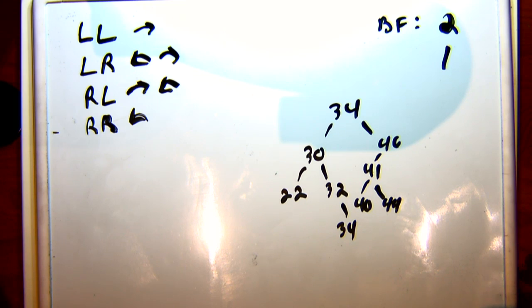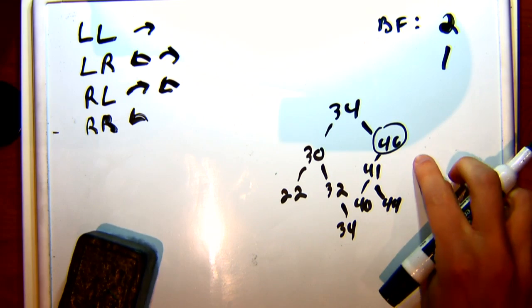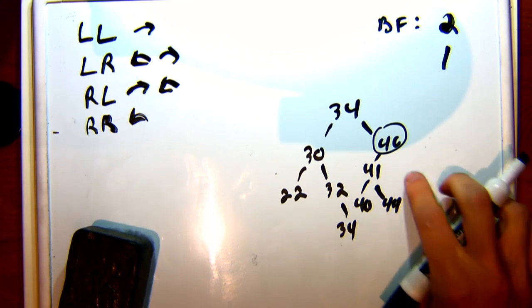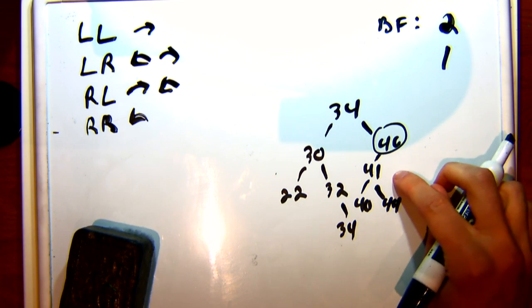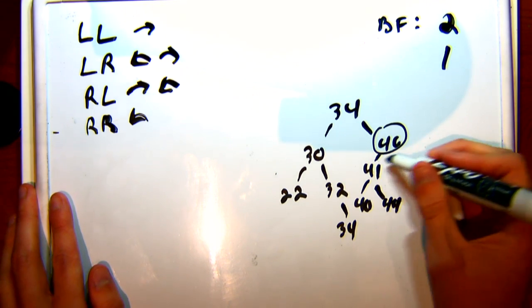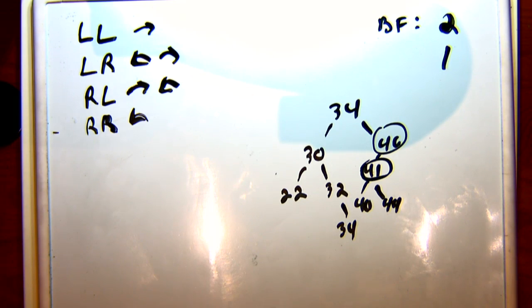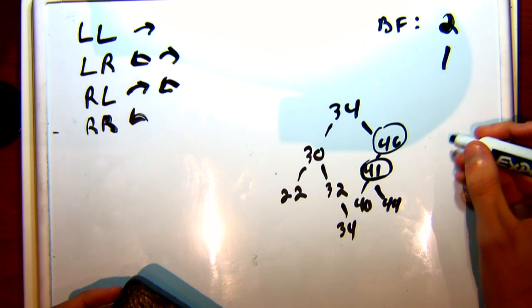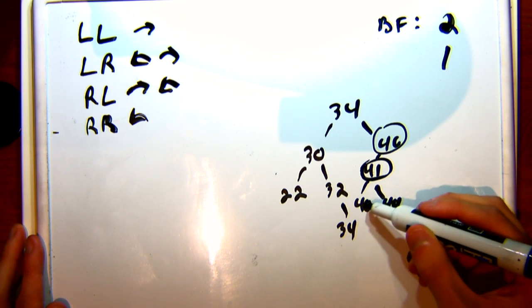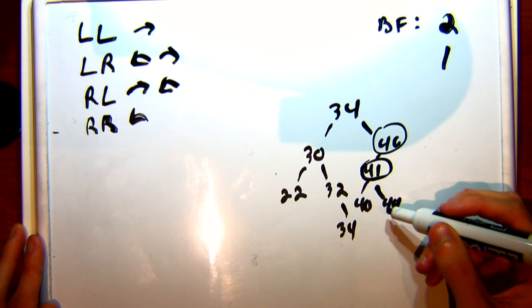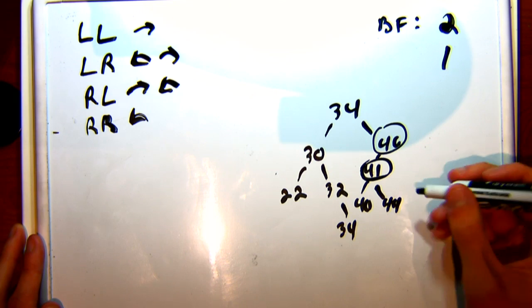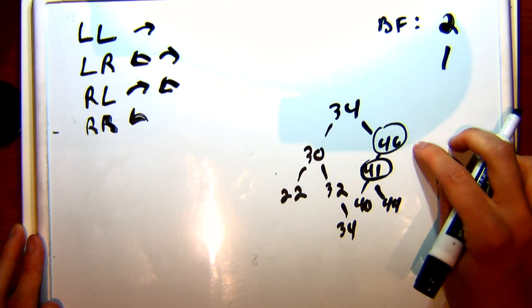So if we look at 46, it's pretty easy to tell because it doesn't have any right children. It's left leaning, well, it's left heavy, and if we calculate this balance factor, then it's just neutral. So we're not going to worry about that right now. So what we need to do here,